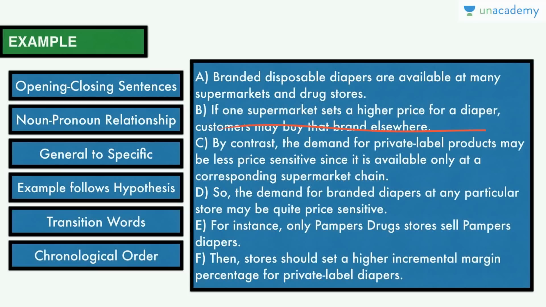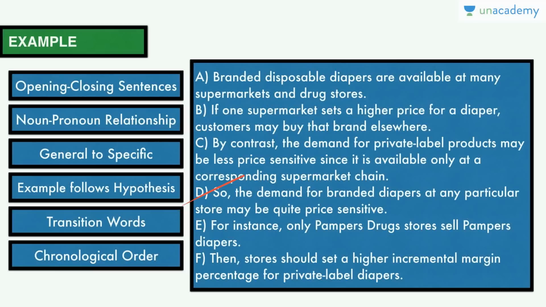You gave out a theory in D that the demand for branded diapers may be quite price sensitive, and now you're explaining that price sensitivity in B. If one supermarket sets a higher price for a diaper, customers may buy that brand elsewhere. So this is the theoretical part that we talk about in D, which is being explained further in B. So A, D, B,